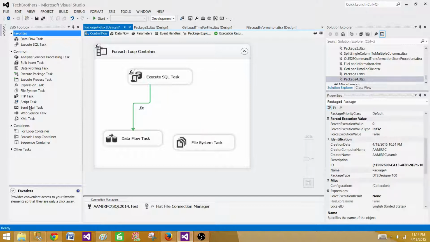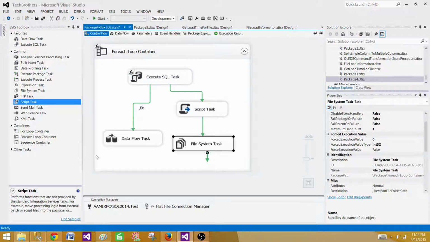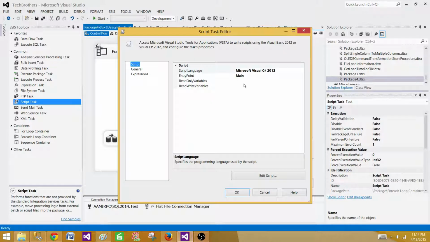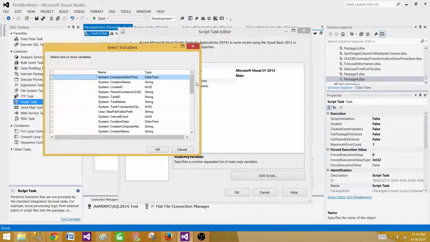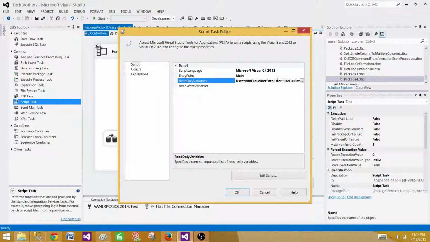Hold on, let me delete this part, and we are going to put the script task here, and we will print the value of that variable and see what exactly happened. So I'm going to go back here. Now here we are going to print the value, and in the read variables we will select both the bad file folder path and the file full path. Bad file folder, just remember it because naming is case sensitive for these variables, so we can copy these variables if you want. So copy this one and file full path,